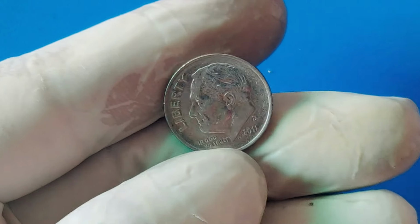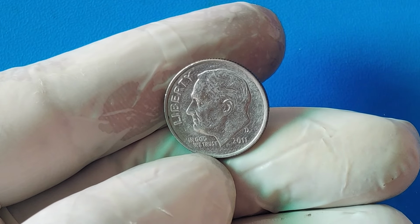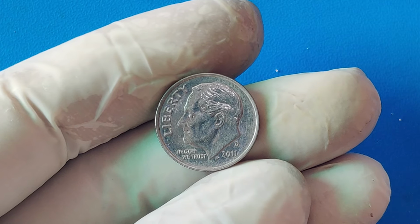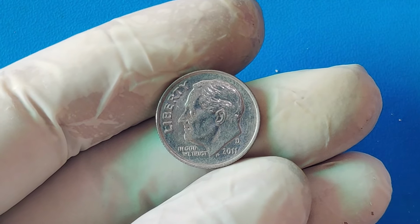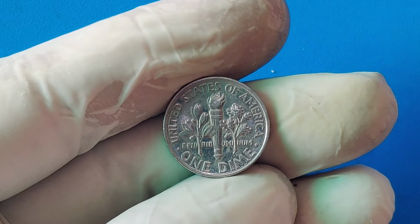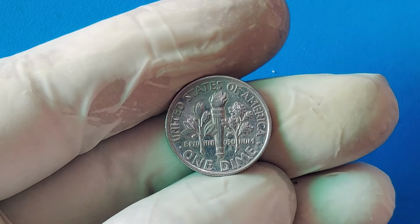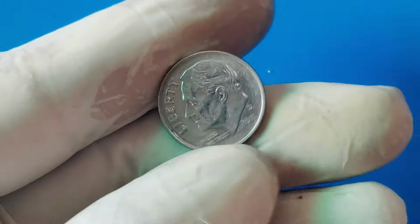But sometimes, during the hectic minting process, mistakes happen, and every once in a while, these mistakes create something incredibly rare. That's exactly what happened with the 2011 D 1-cent dime. Somehow, a few dimes in 2011 were struck on penny planchets instead of dime planchets. A planchet is the blank metal disc that gets stamped to create a coin. In this case, the coin has the features of a dime, but was struck on the copper-plated zinc planchet that's